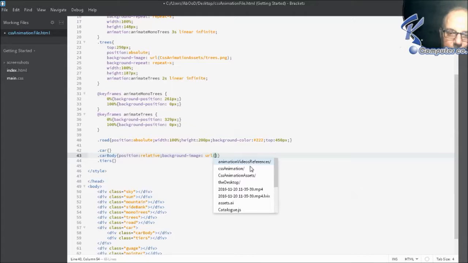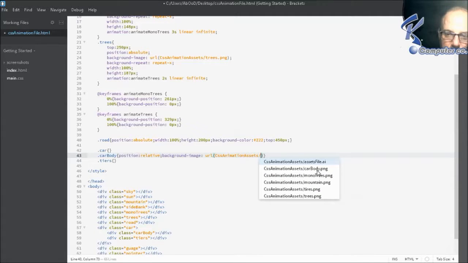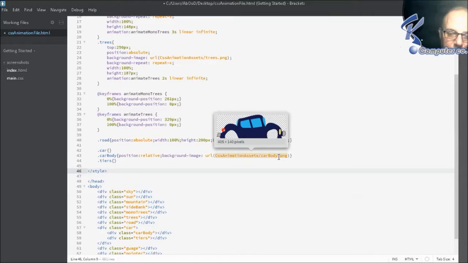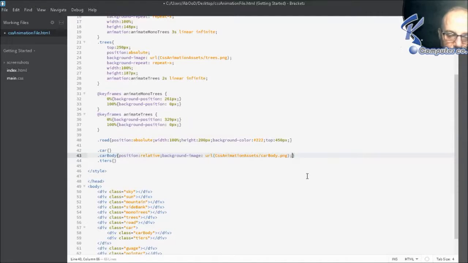and it should be animation, CSS animation assets. Then I will use the car body, and the car body width is 405 pixels, so the width will be 405 pixels. You see how flexible brackets are? So this is perfect. Now, not yet, the height is 140 pixel. Okay,